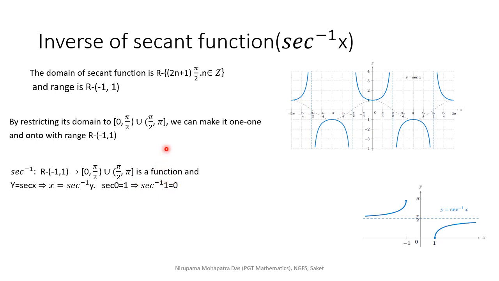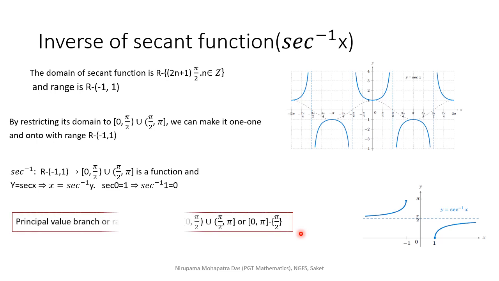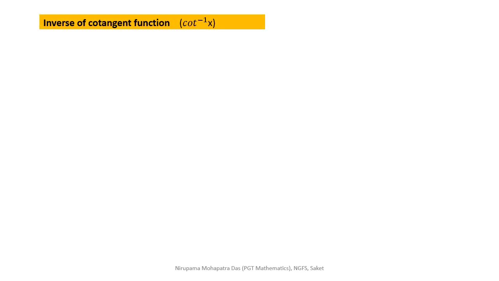It means you can take the whole interval 0 to pi closed interval except pi by 2. So again, whenever we write y equal to sec x, x equal to sec inverse y. Have a look at the graph of the sec inverse function and principal value branch, that is 0 to pi closed interval except pi by 2. At x equal to pi by 2, sec x is not defined, so that's why you don't take this value.